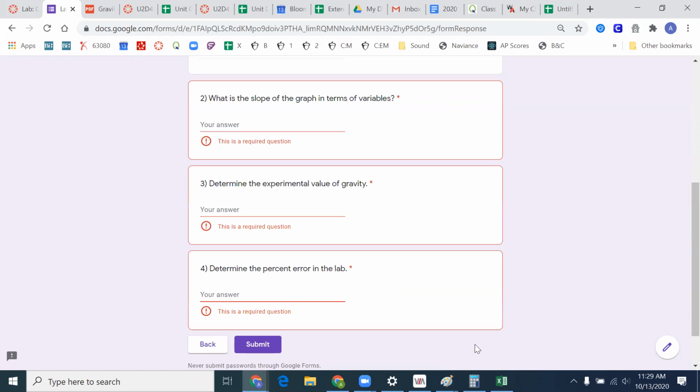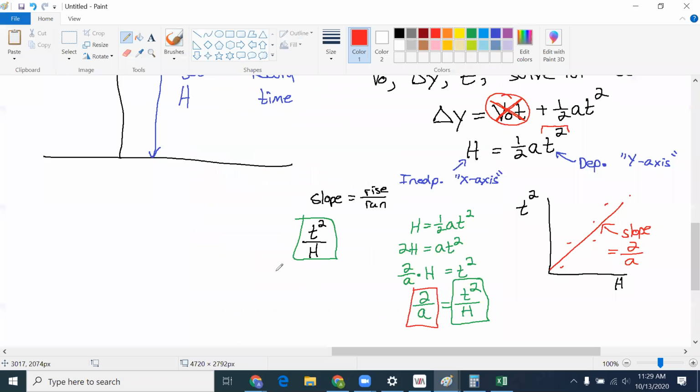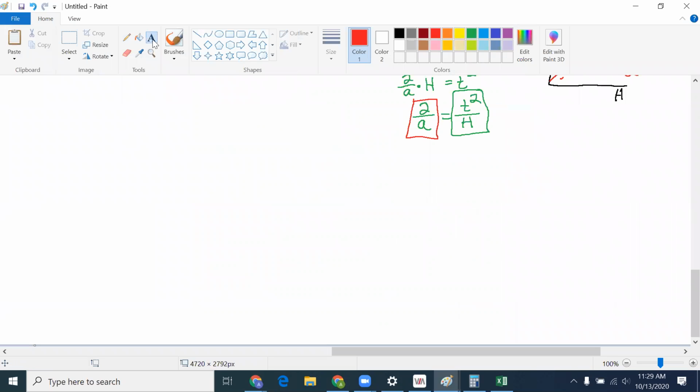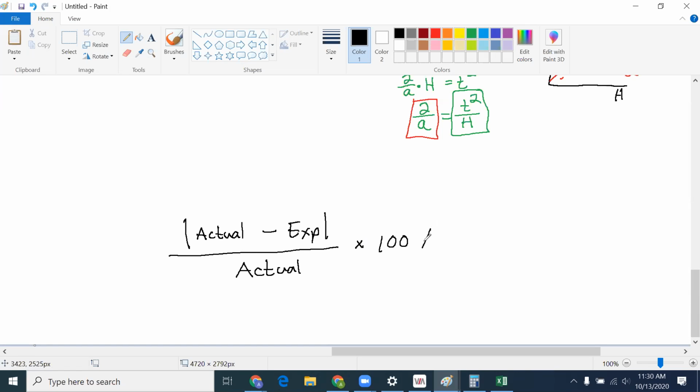And percent error. To remind you, how do I do percent error? Percent error, what we will do is we're going to do the absolute value of the actual value of gravity minus your experimental value. Divide it all by the actual value. Take that whole thing, multiply it by 100%. And with that,